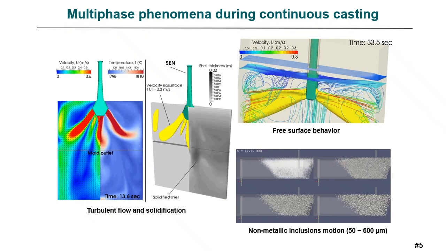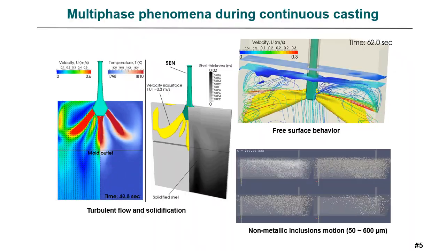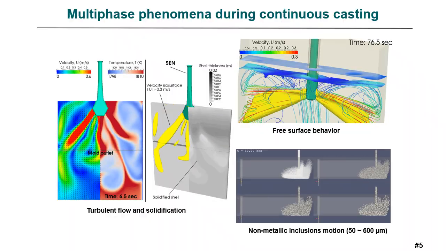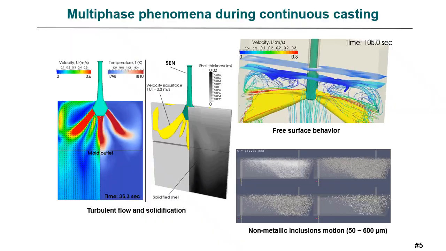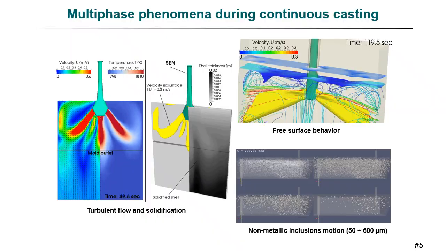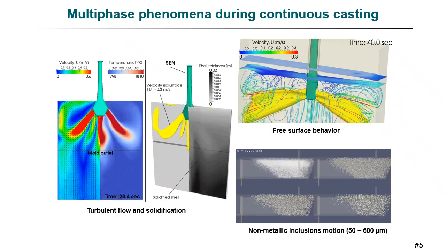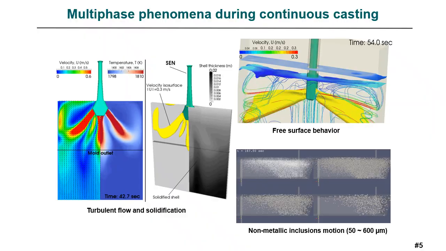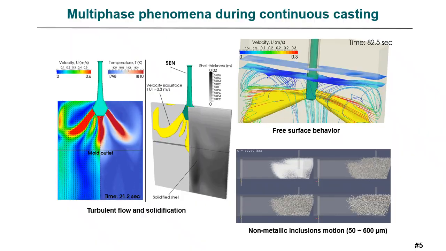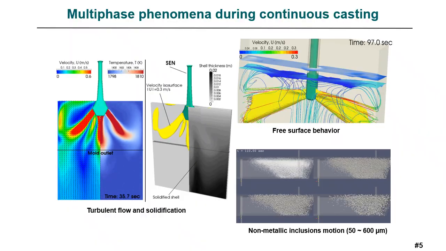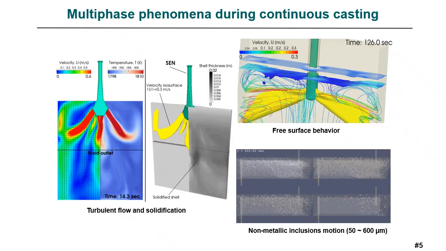Today, I would like to focus on the multiphase phenomena during the continuous casting process. It includes such subtopics like highly turbulent melt flow, superheat distribution, and the interaction with the continuously growing solidifying shell. Of course, the behavior of the meniscus area and the slag band is of high interest, with possible slag entrainment mechanisms and the ways to compensate and fight this undesired phenomenon. And of course, the motion of the non-metallic inclusions coming from the continuous casting tundish cannot be excluded from this topic.